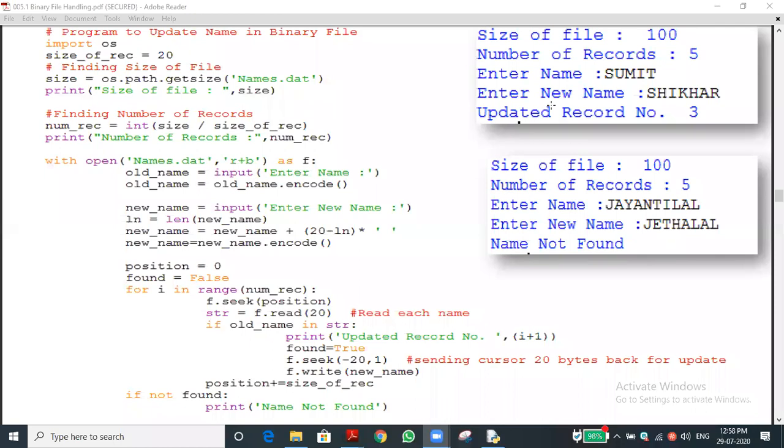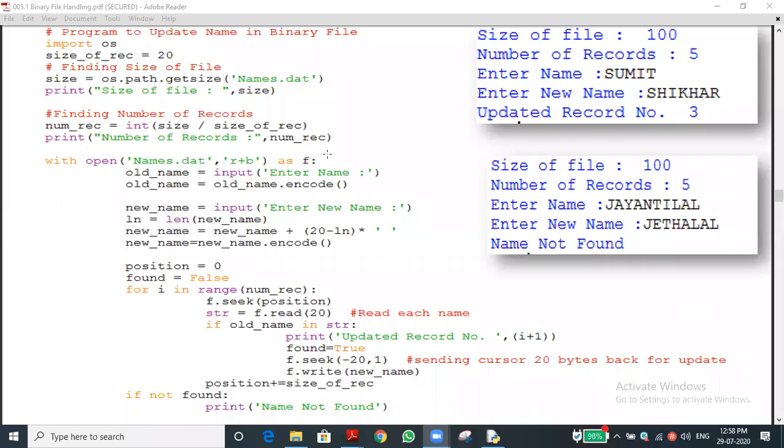On Linux and Mac it is a little difficult to install MySQL on the Mac, the Apple system. And on Linux, installing is easy, but executing the code will be a little difficult, on Ubuntu and all. So better go with the Windows operating system, that will be fine for you.